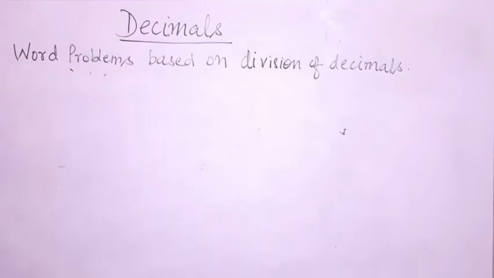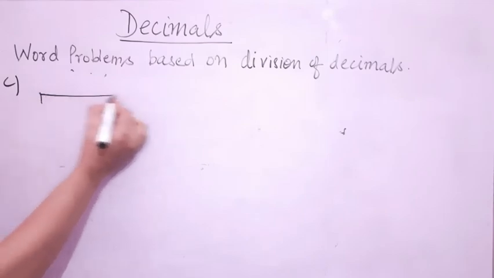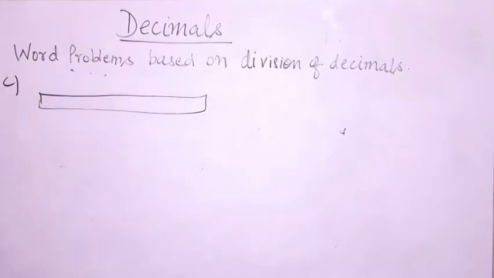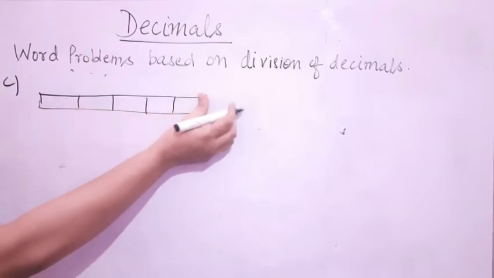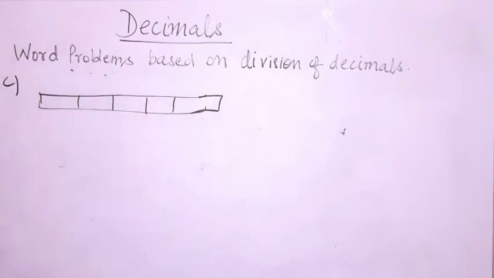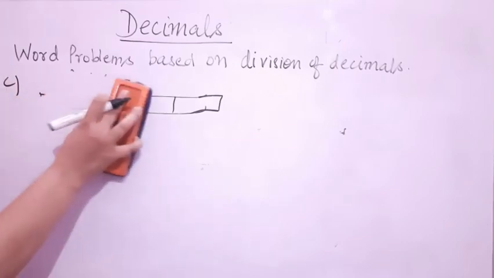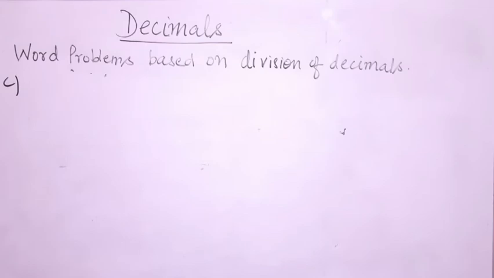Okay, so students, the next question is, let me read it for you. A ribbon 12.75 meter is cut into 5 equal parts. What will be the length of one part? So we have got one ribbon. Now let me write it for you. For example, this is a ribbon, okay, and the same ribbon is cut into how many parts? 5 equal parts. This ribbon has been cut into 5 equal parts, right? So we have to find out the length of one part. Again, the value of more is given to you. You have to find out for less.